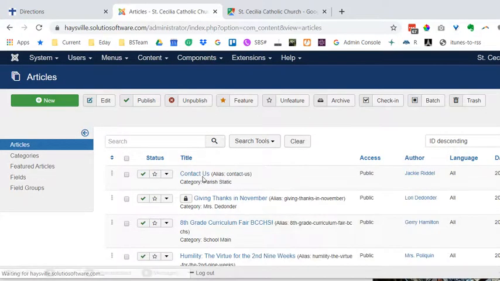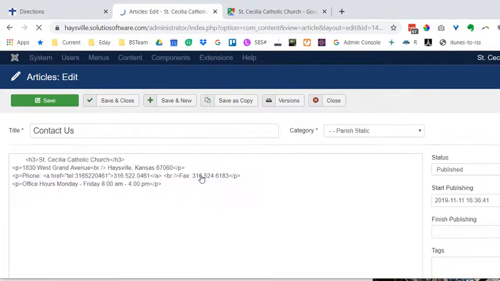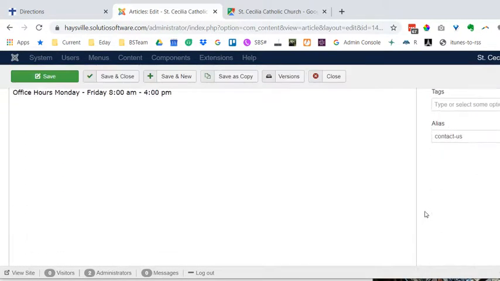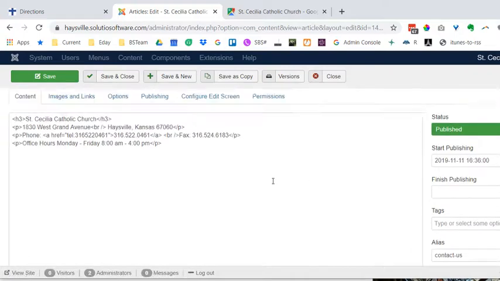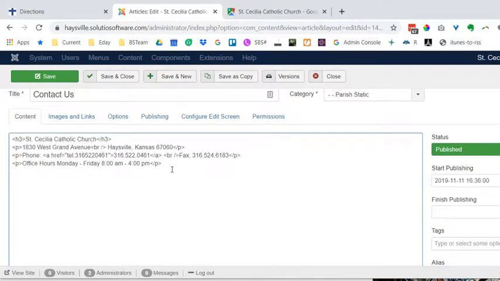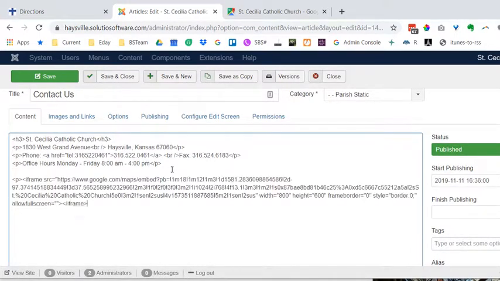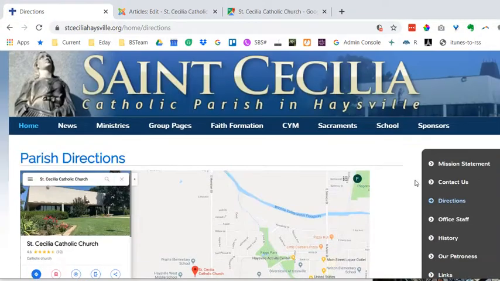If it's okay with you, maybe we can put that on the same page here and just reduce the number of clicks. And then to make it mobile responsive, I'm going to change my width to 100%, and I usually find a height of 400 suffices. So if I save and close that,